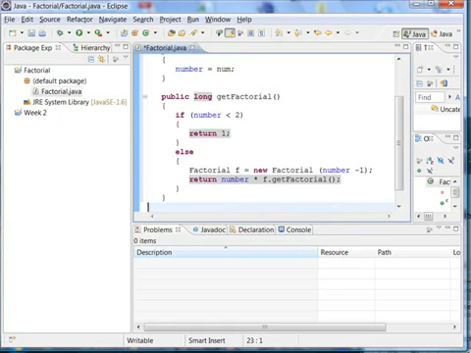If it's a simple case, return 1, else create a new factorial and return the factorial of that. Notice that inside of get factorial, we're calling get factorial. Okay, now, what else does it say? Okay, we should